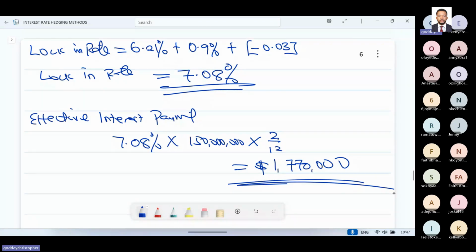Now, there are different hedging methods. The first one we did was FRA. The question is asking you to advise them which method to use in hedging. By the time we are done, we'll bring all of them in a table and say, based on this computation, it's better to use FRA or futures or options. That's what the question is asking. There are 3. That's what they said in that question. We are using the 3 and